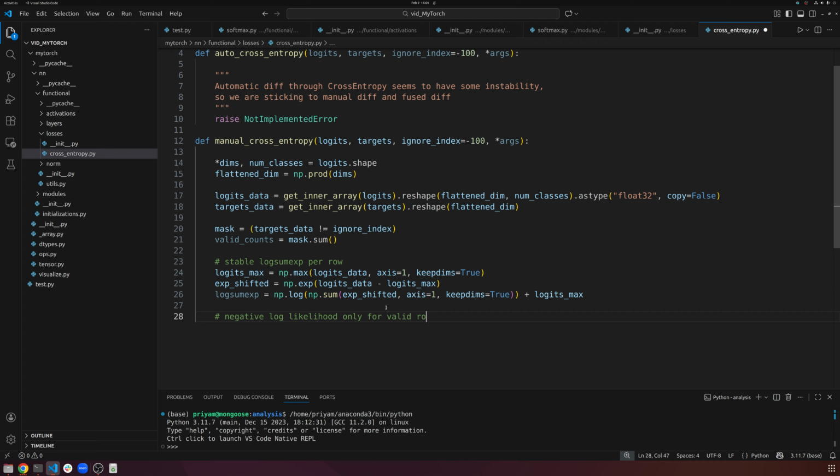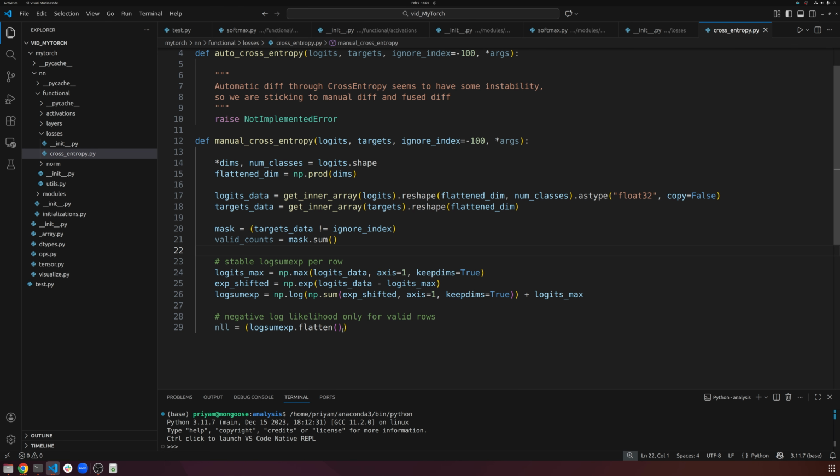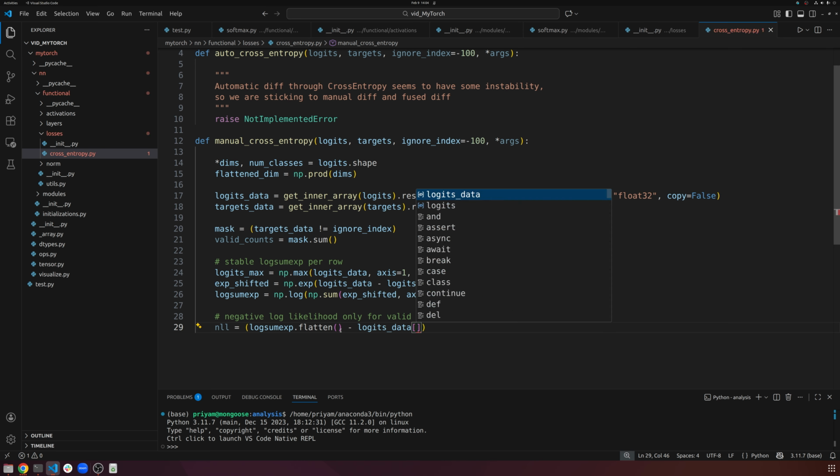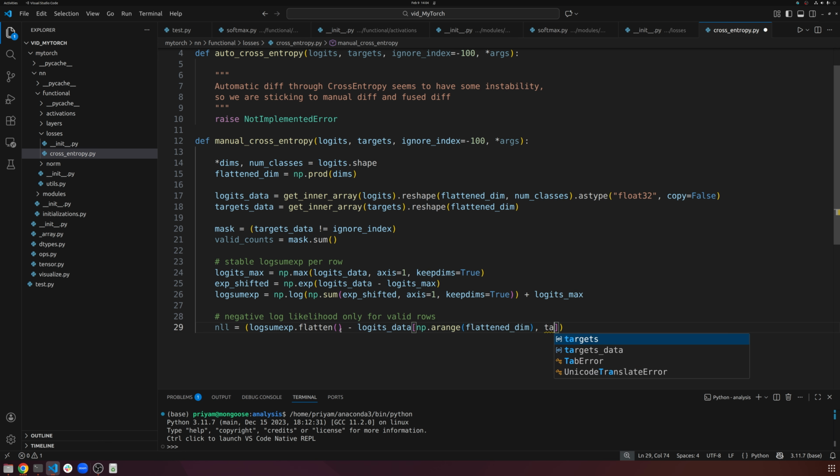only for valid rows, because some of these rows are invalid, right? Because we have a -100 mask. So what we're going to do is our negative log likelihood is going to be the log sum exp dot flatten, minus logits data, and it's going to be np.arange flattened dim, targets data. So what we've done here is, remember, this log sum exp, after we did this sum,